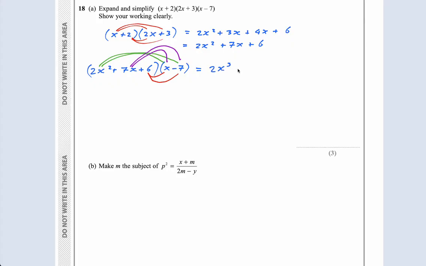2x squared times minus 7 is minus 14x squared. 7x times x is plus 7x. 7x times minus 7 is minus 49x. 6 times x is plus 6x. 6 times negative 7 is minus 42. Simplify this. 2x cubed minus, oh look guys, I made a mistake there. This was